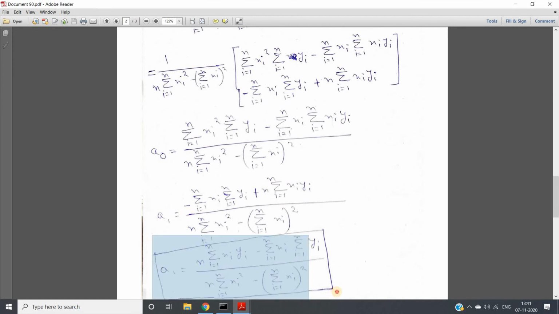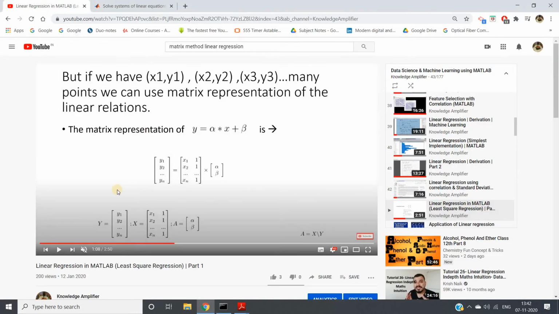Now we need to check whether the a0 coefficient with the previous derivation also matches or not. If both coefficients match, then we can conclude that this matrix method, whatever we have followed, that is, writing in terms of matrix notation, taking the inverse and calculating the alpha beta values, is the correct approach, and that is what is going to give us the minimum square residual. This is nothing but the matrix method of least square regression, we can conclude, right?